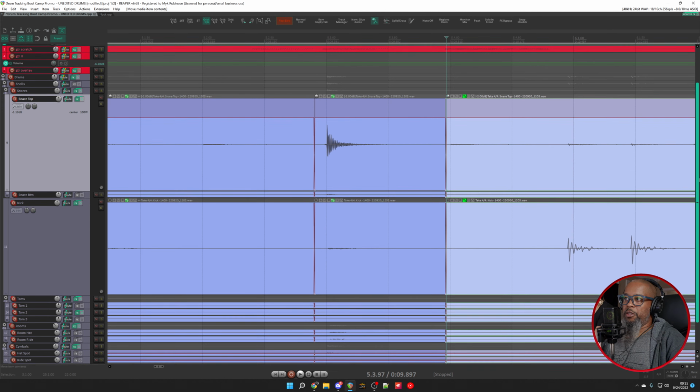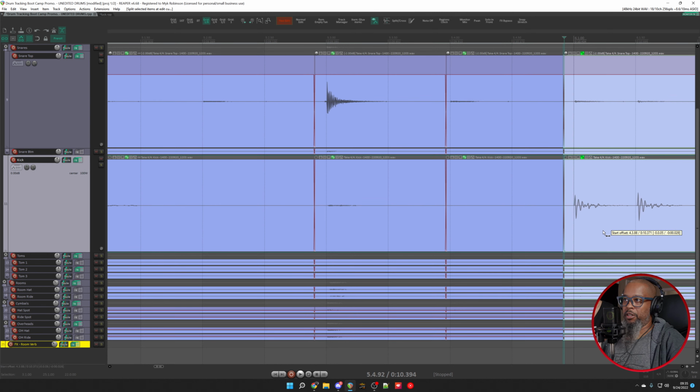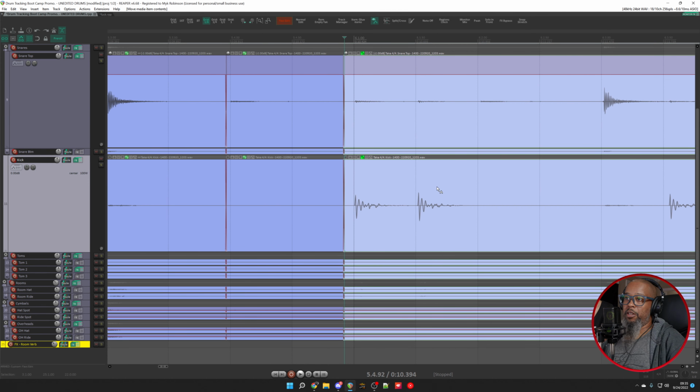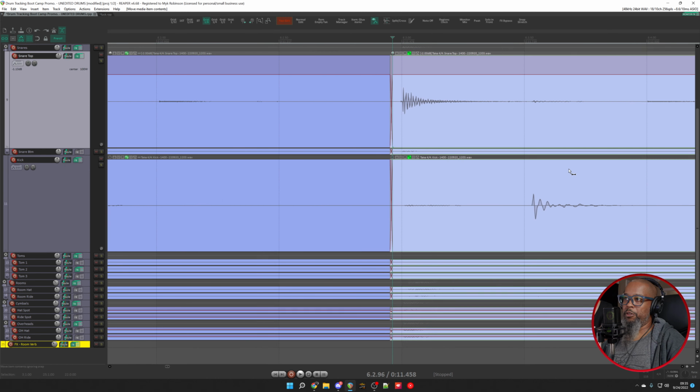Now, as you can see, since all of these are grouped, all of my drum tracks, and I've got 11 drum tracks, they are all cut and being moved at the same time. Now that I've got that hat in place, I'll make another cut before this next hit, and we'll get this kick in place. And as I said, I'm just focusing on the kick and the snare because everything else should theoretically fall into place. Now, if this were some performance that had a lot of crazy fills,